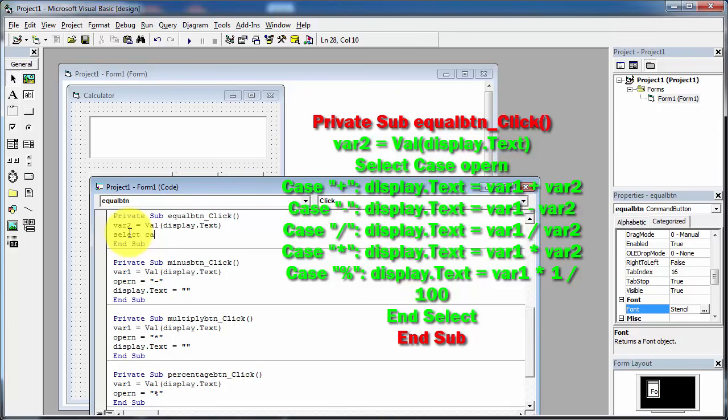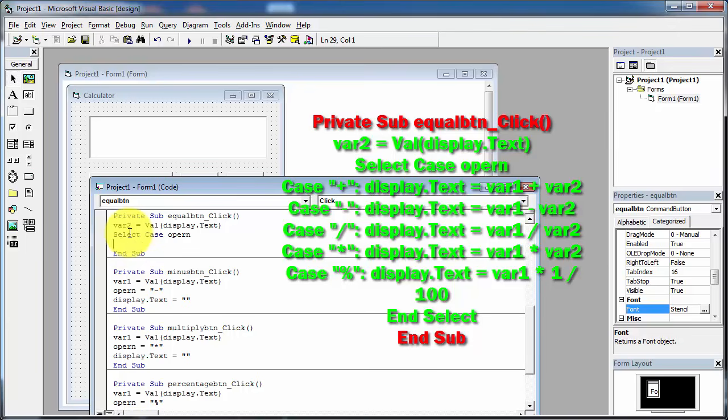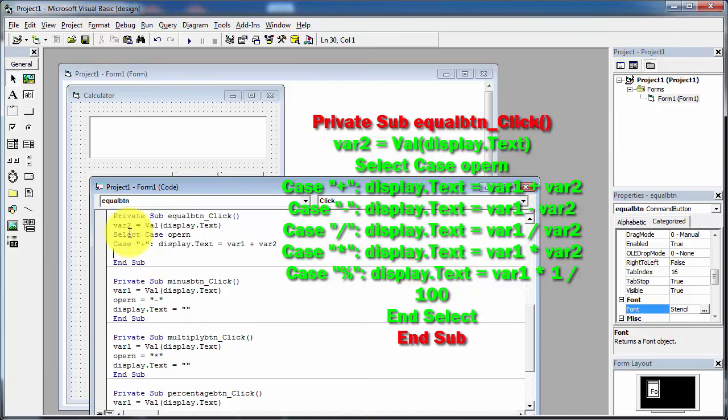I am writing here select case oprn, and now here I am going to write case plus and display.txt equal to var1 plus var2.